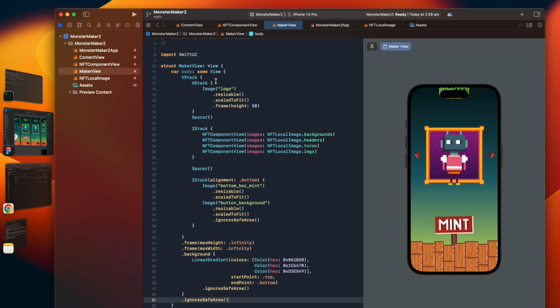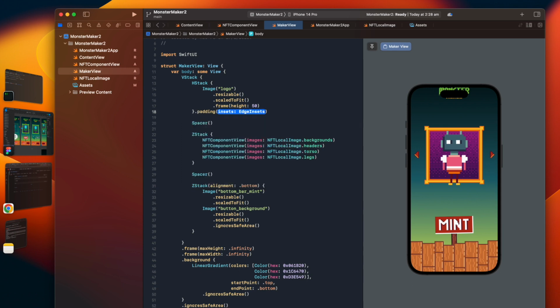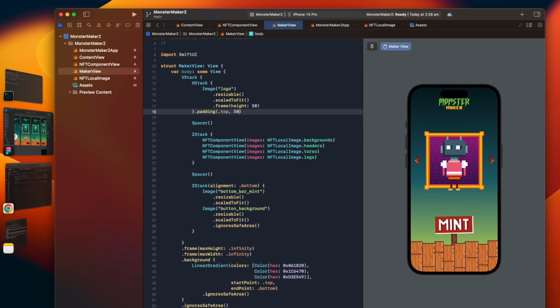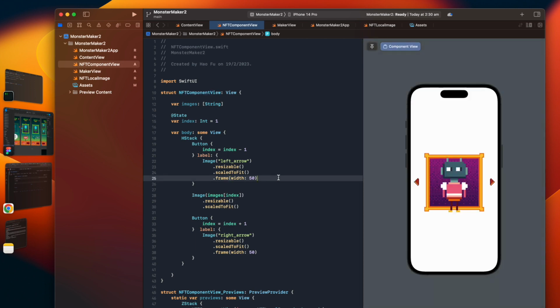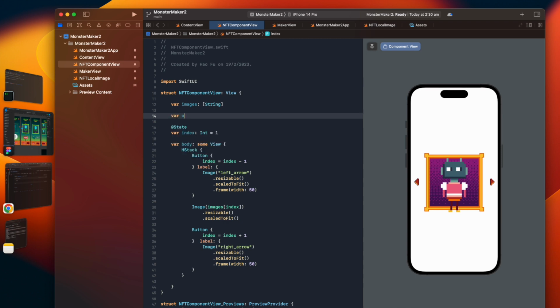Okay, we're going to fix the head later on. For that one, right now we can simply put padding on top. Maybe let's do like 50 or something. Yeah, it's going to work. So right now, as you can see, the NFT is almost there, but we have a little bit of a problem with the resizing. For that part, what we can do is add one extra parameter called offset. The offset will be a CGFloat,